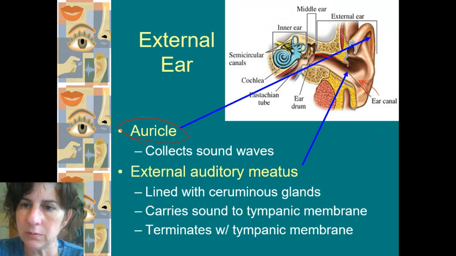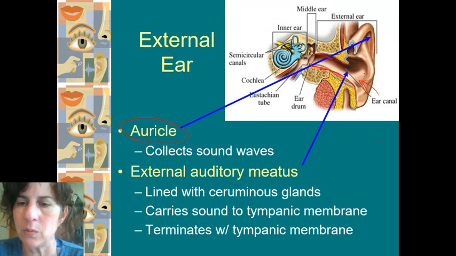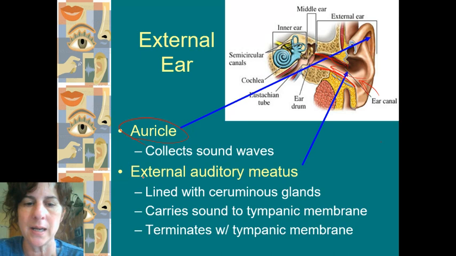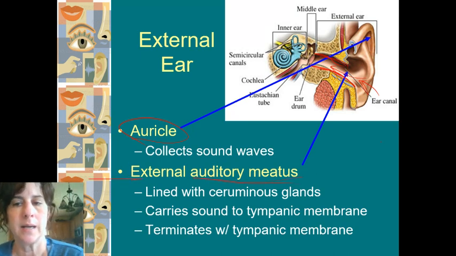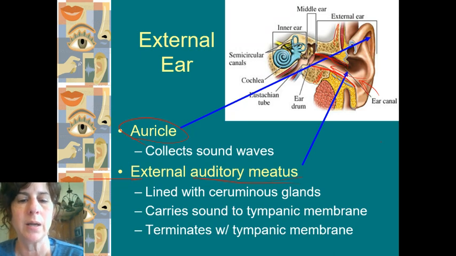This canal that directs those sound waves in, so the sound waves are moving down the canal, is called our external auditory meatus. That is something that you learn. So here's the skull, right? This is what we learn when we learn the skull. So it's partially the skull and partially this tissue, and you can see the yellow, the fat, and everything. So it becomes that elongated tube right there.